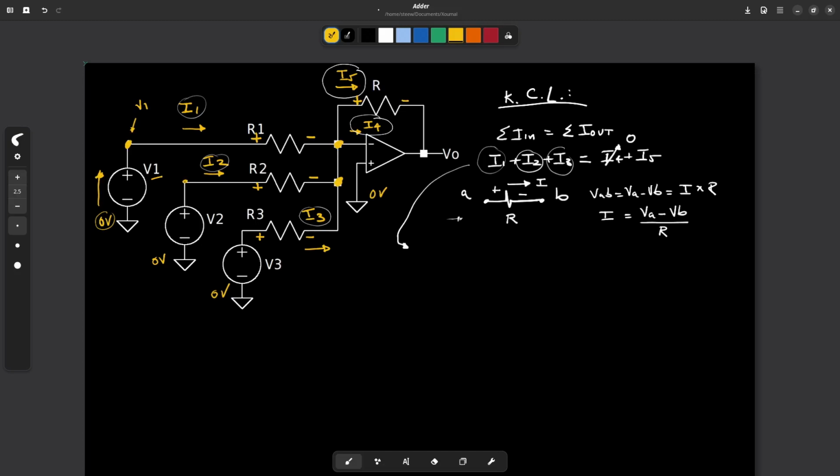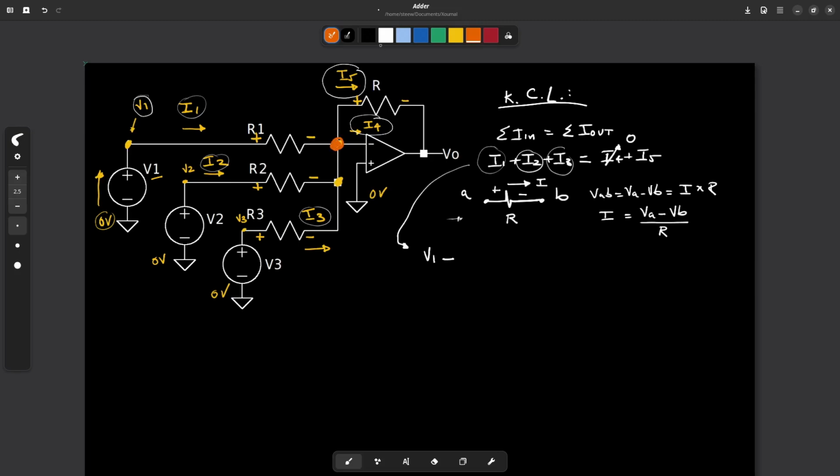The same here, it could be V2, and the same here, it could be V3. So turning back to the equation, I1 would be V1 minus the voltage at this node,